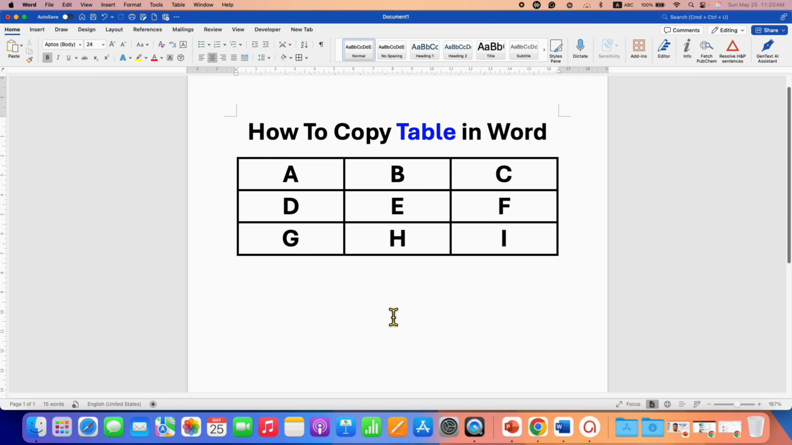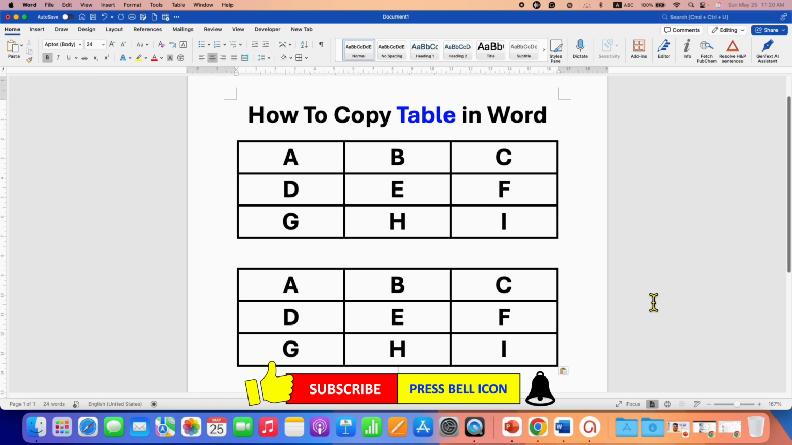After copying, you can simply right click in the document and paste the table wherever you want inside the Microsoft